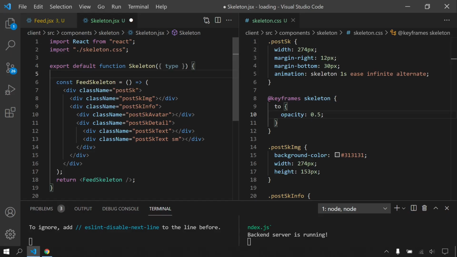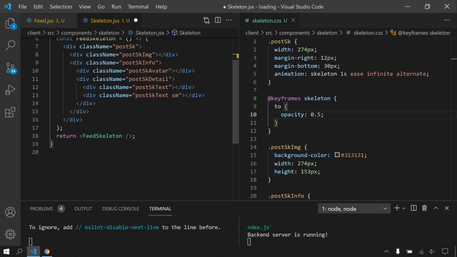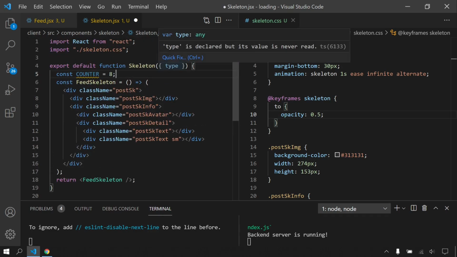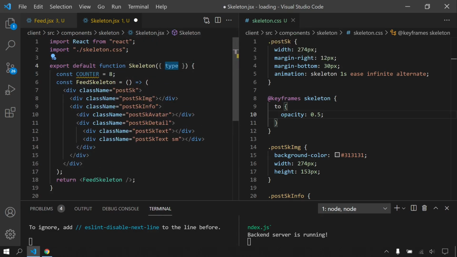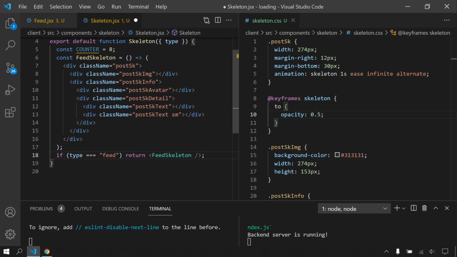So let's write here a constant. It's gonna be counter. And I will say 8. I wanna see 8 skeletons. So what I will do here, let's use this type also. I will say if type equals feed, it's gonna return this feed skeleton, but this counter times.